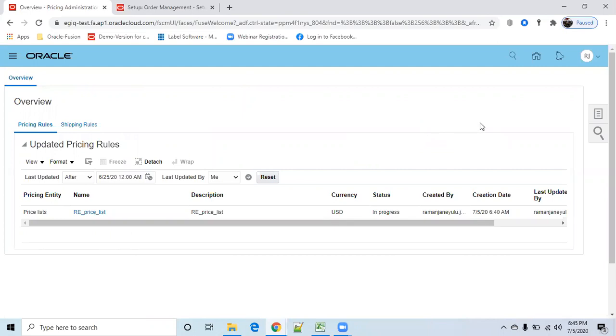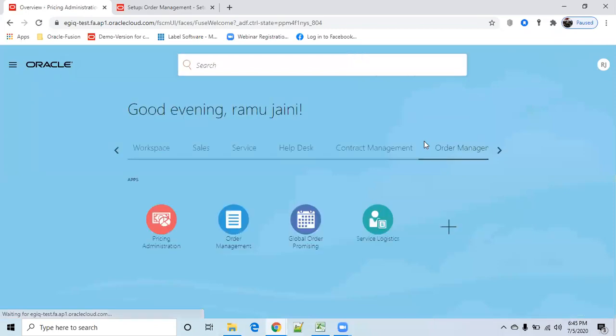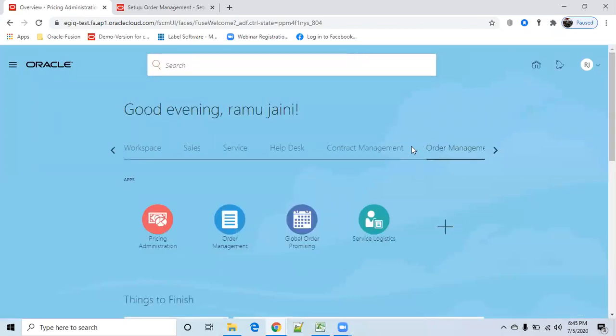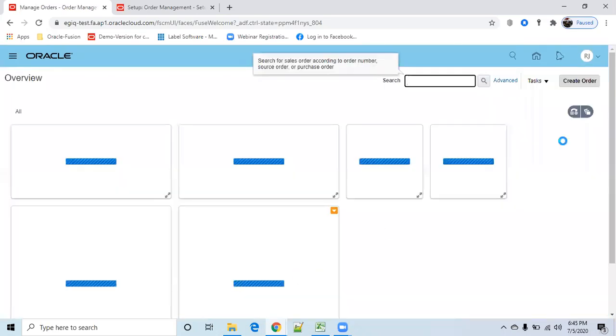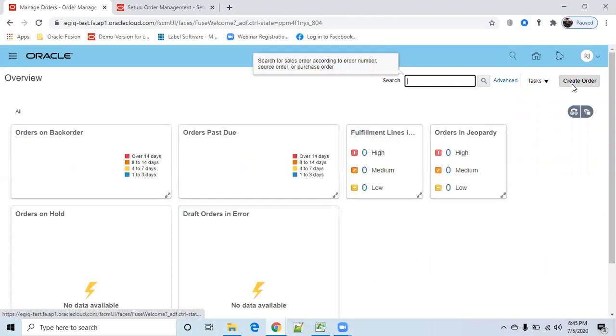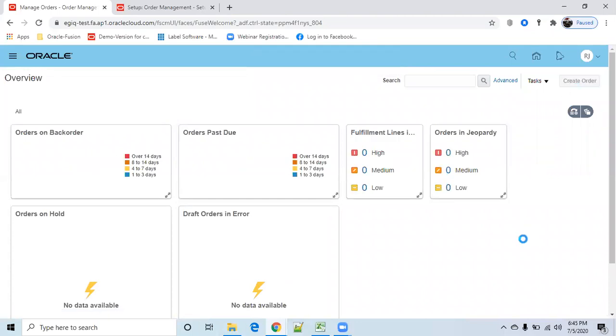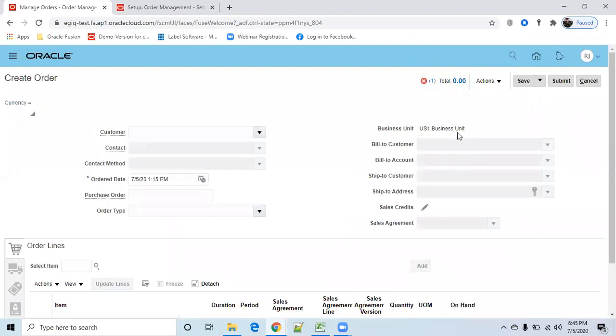So after creation of your pricing setup, let us verify whether our pricing strategy is working or not. So how to verify? Go to order management. So create order. Okay, create order.